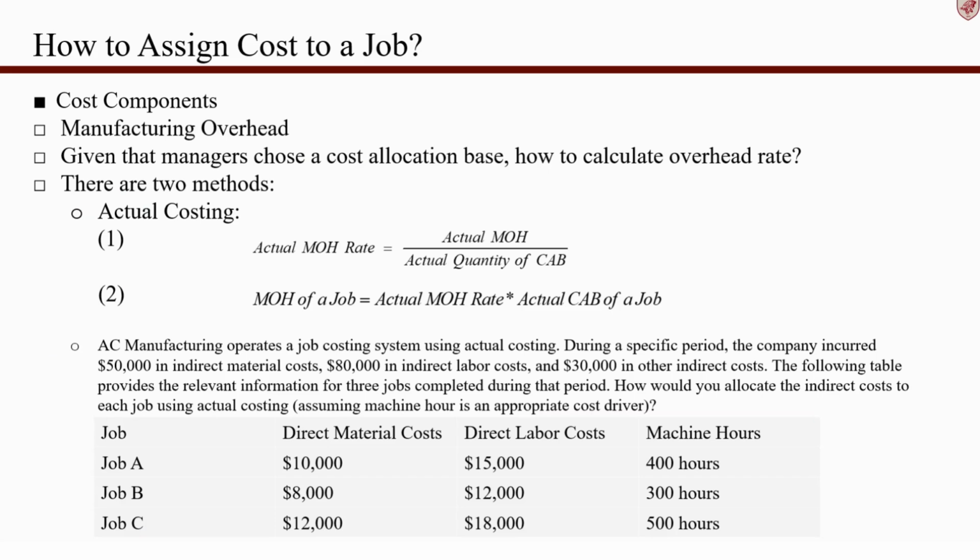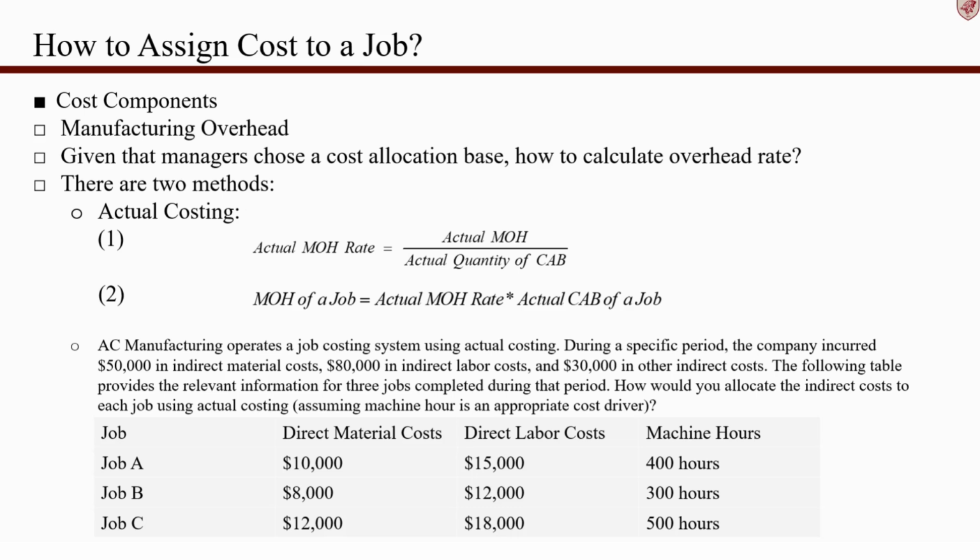Okay, last time we talked about job costing, where there are two different ways to allocate the manufacturing overhead to a specific job, right? The first method was called actual costing, where we apply the actual MOH rate, which is based on the actual MOH incurred divided by the actual quantity of the cost allocation base used across different jobs. And then we allocate based on this actual MOH rate multiplied by the actual cost allocation base used for that specific